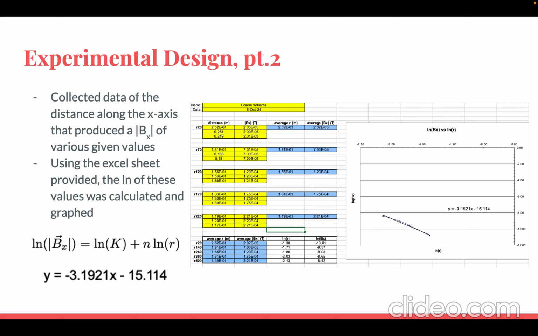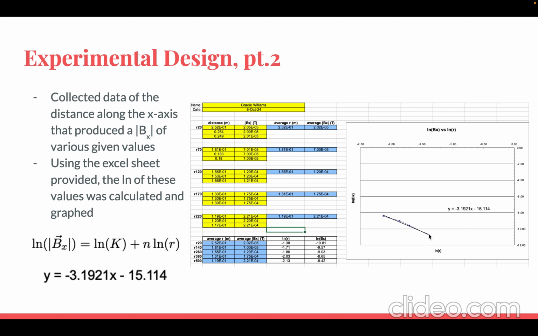So for our experimental design continued, we collected data just moving the phone along different distances until it reached the B that was targeted. So for R20, we're finding the distance along the x-axis that gets us as close to this component of the magnetic field as possible. And we're going to do that for all of these values, and we're going to do that 3 times to get an average. And then the Excel sheet from the lab sheet automatically finds a natural log of these